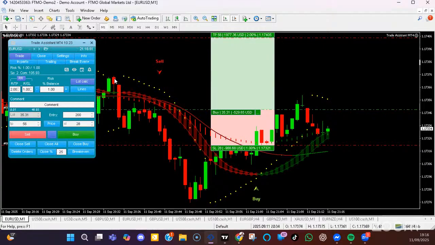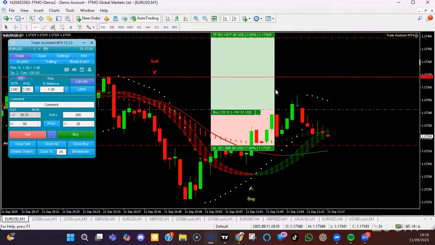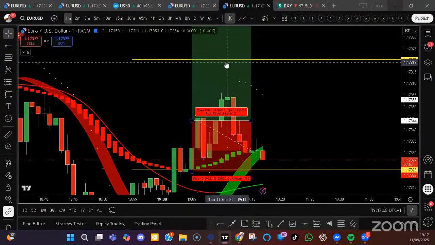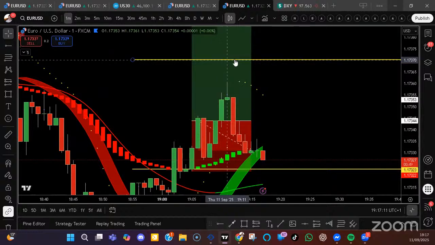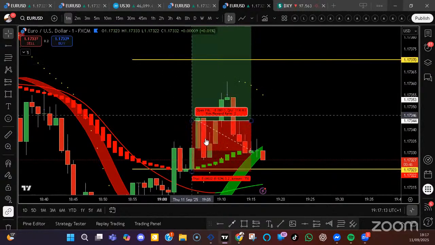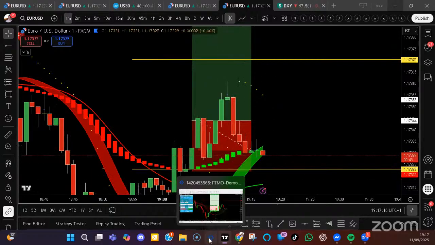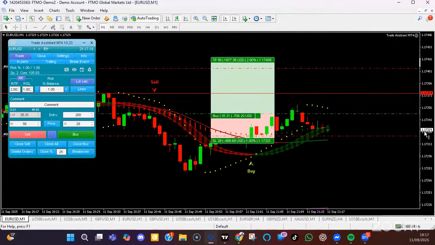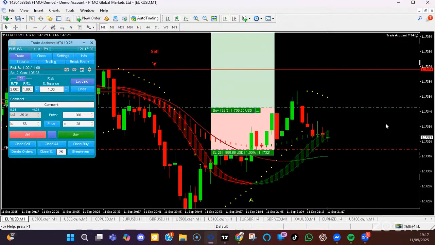I'm looking at price at this level up here, because not only is that area there at 1.17374, that area is start of the sell zone, but it's also equal high with that. But at the moment, it doesn't look like I'm even going to get that high. So if it is a 1% loss, no big deal. That means I've made 1% on the day, which I am chuffed about,